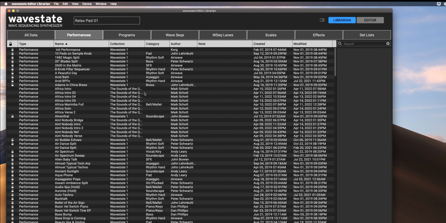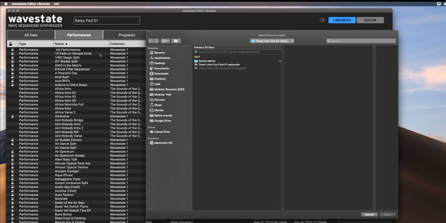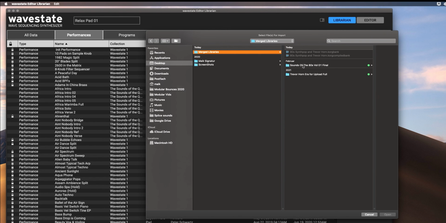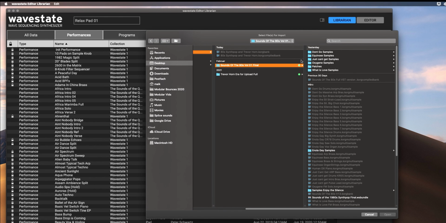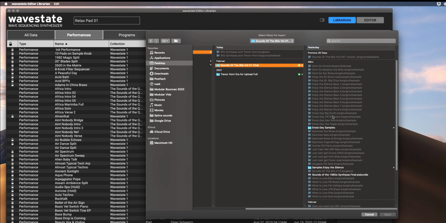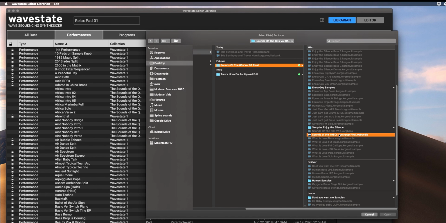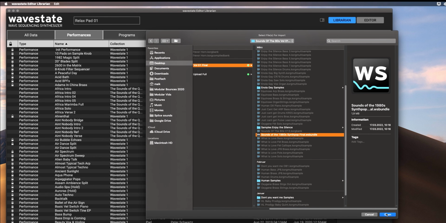And of course, if the 80s patches bundle is not already inside your WaveState, you have to import that as well. Go into the merged library folder again and choose the 80s folder and select the Sounds of the 80s Synthpop Final Bundle.